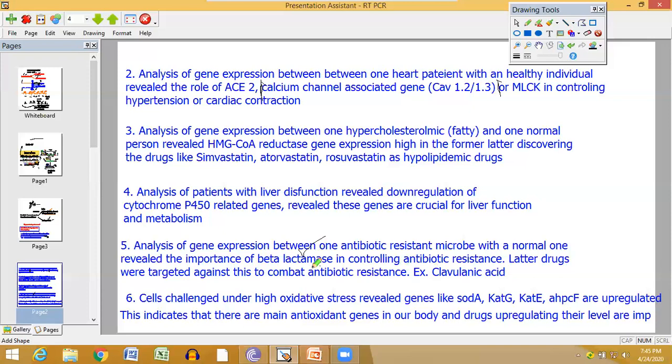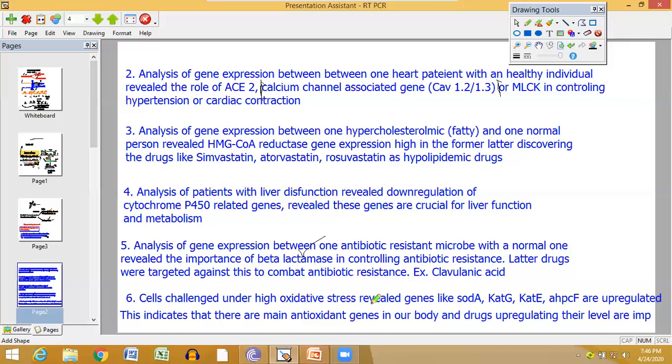That's why those beta lactam antibiotics like ampicillin, amoxicillin, cloxacillin, methicillin cannot work on the cell. So a beta lactamase inhibitor should be given concomitantly with your antibiotic. For example, clavulanic acid is given as a beta lactamase inhibitor with ampicillin. So in the market, you can see clavulanic acid with ampicillin or amoxicillin combinations. Augmentin is there, Clavam, Lactoclav, all of these are there.